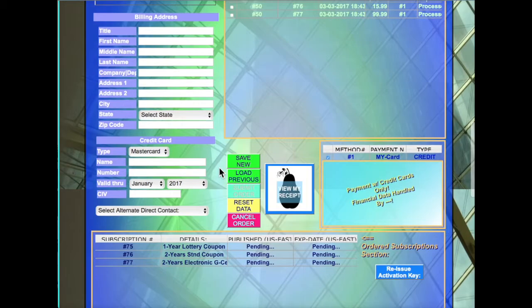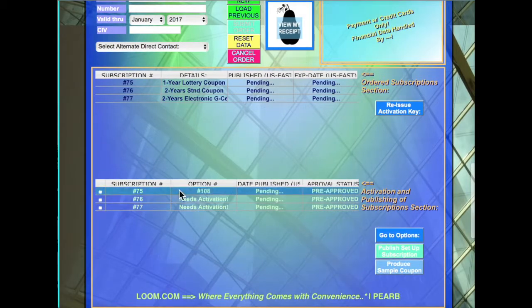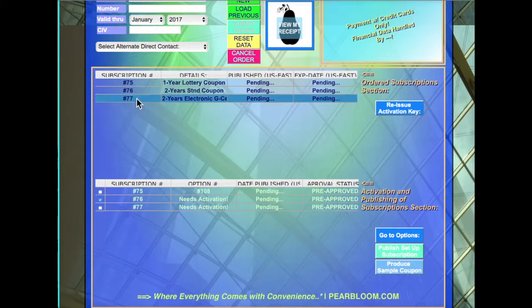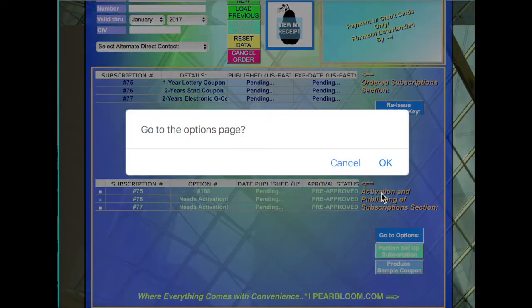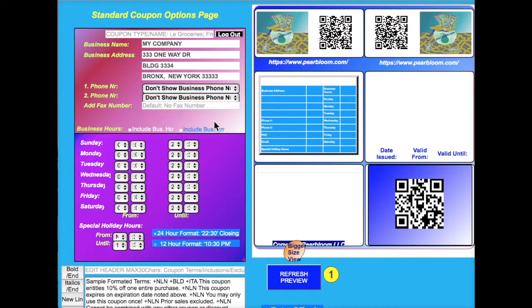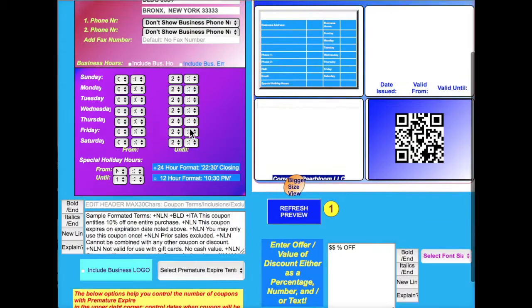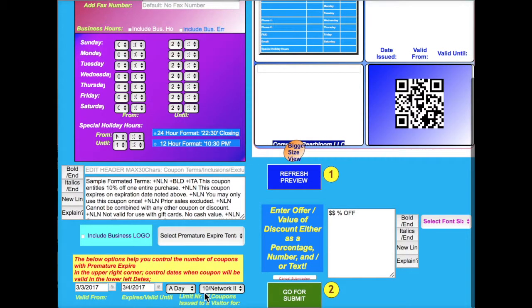Now a new option number has been issued for the subscription number 75. Select subscription number 76 and click the Go to Options button. The same principles of the lottery options page apply here, with one difference: instead of the 3 boxes for the lottery, here we have another box to fill where we can use HTML buttons to format it